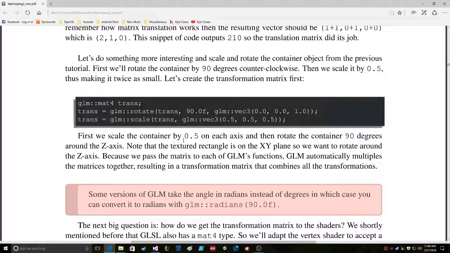Okay, first we scale the container by 0.5 on each axis, and then rotate the container 90 degrees around the z-axis. Note that the textured rectangle is on the xy plane, so we want to rotate around the z-axis. Okay. Rotate, transformation, 90 degrees around the z-axis. X, Y, Z, translate. Scale the container by 0.5 and then rotate 90 degrees around the Z. Note that the textured rectangle is on the XY plane, so we want to rotate around the Z-axis because we